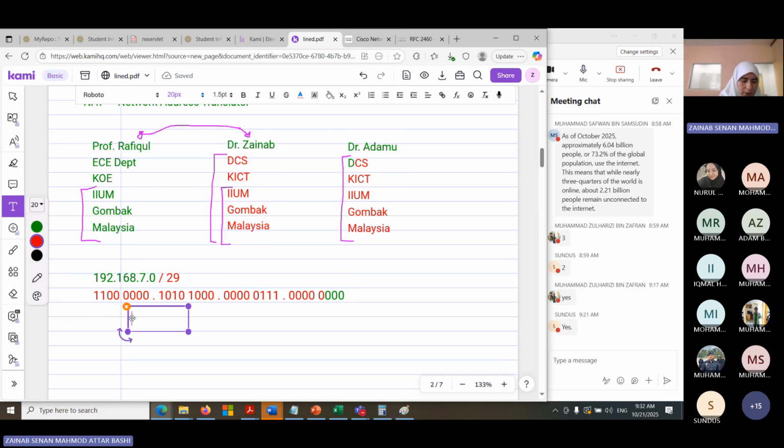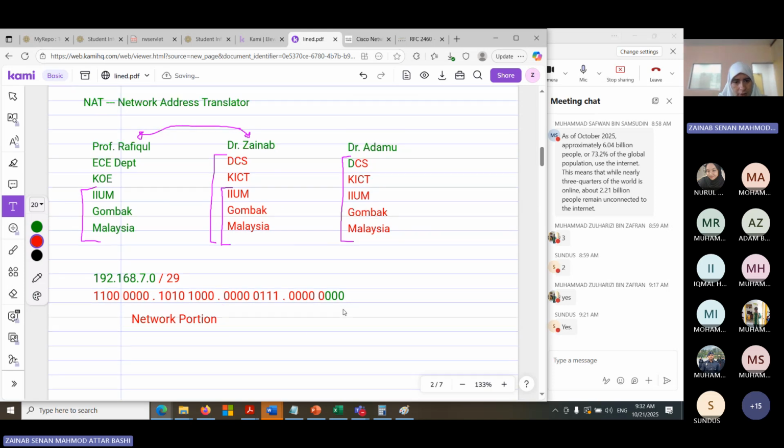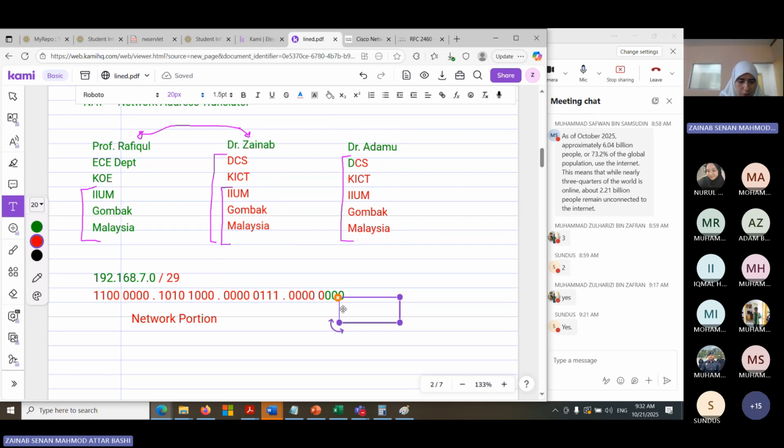So this one, we call it the network portion of the IP address. The part of the IP address representing the network. And the green one here, we call it the host portion. This is the part of the IP address representing a specific device. So inside the network, we will have